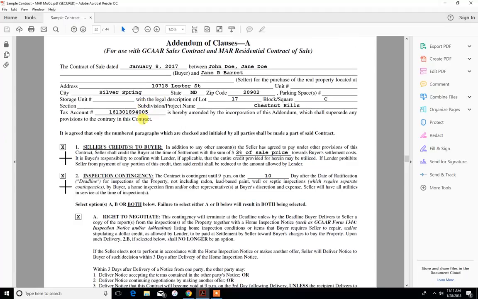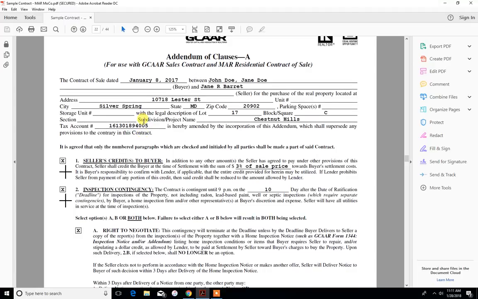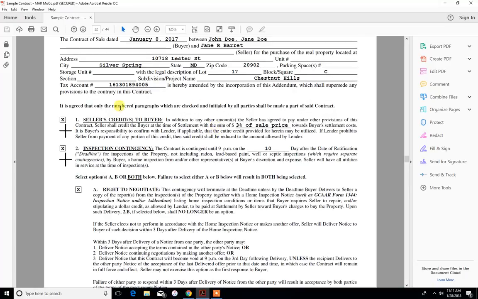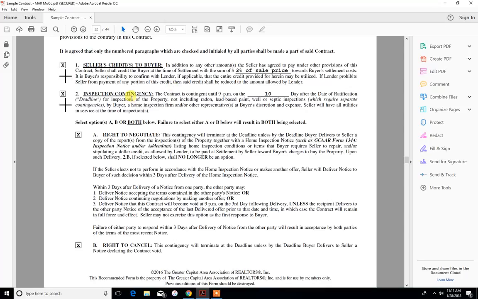Okay, this is the addendum of clauses, and 9 times out of 10, we're only filling out a couple of these things. So if somebody's asking for closing costs, this is where you're going to write that. If we're asking for closing costs, we're asking them for 3% of the sale price, initial here and here. Home inspection. We're going to do our home inspection within 10 days of the acceptance of the contract,